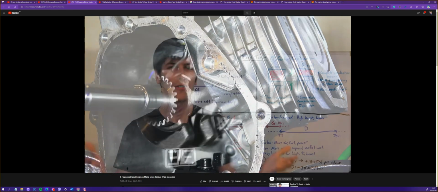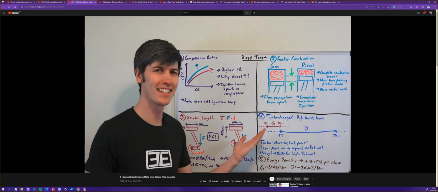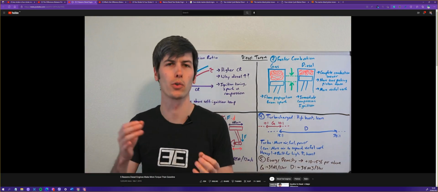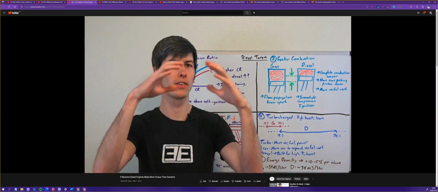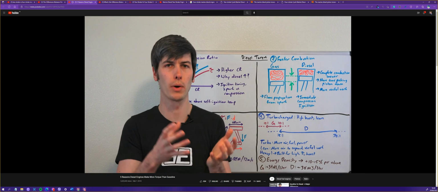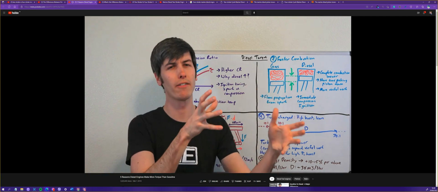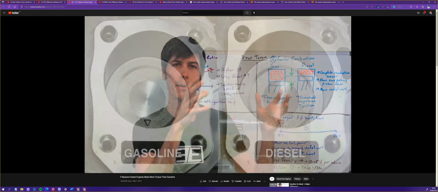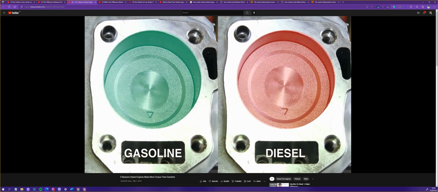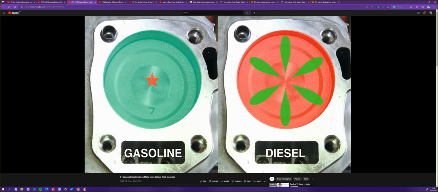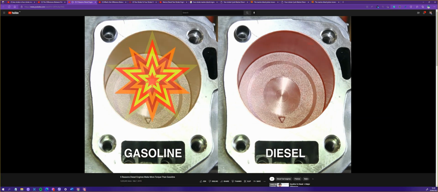And finally, something I think is worth mentioning is that the energy density of diesel fuel is greater than gasoline. If you have the same volume of fuel, whether it's a gallon of gasoline or a gallon of diesel, that gallon of diesel is going to have about 10 to 15% more energy packed in it than the gasoline. So if you're spraying the same volume of fuel into a cylinder, that diesel fuel is going to produce more